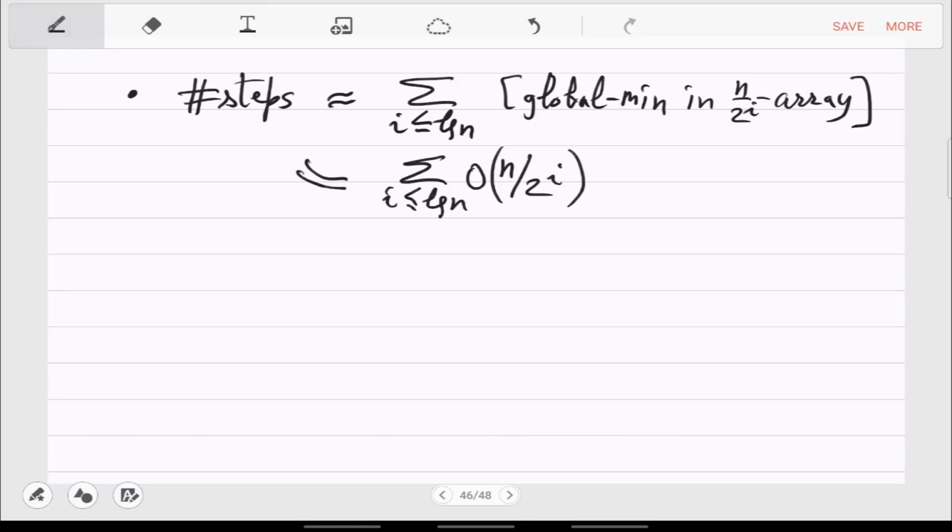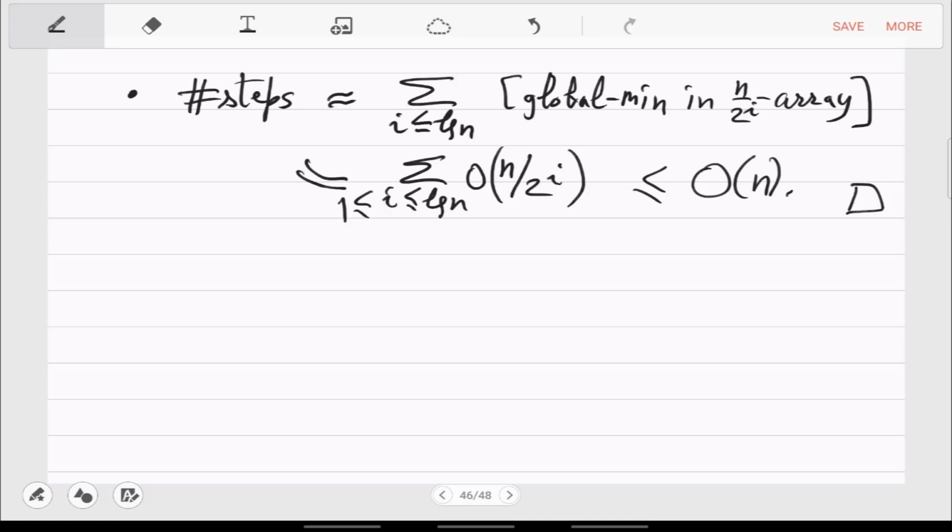So it is sigma i going from 1 to log n, but the linear search is actually only on a small array, which is n by 2 raised to i time. So when you work out this sum, it comes out to be order n. Okay, that's the proof.